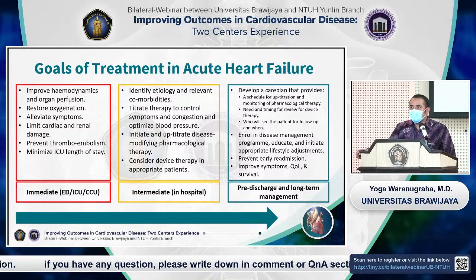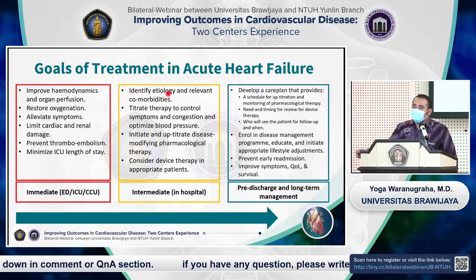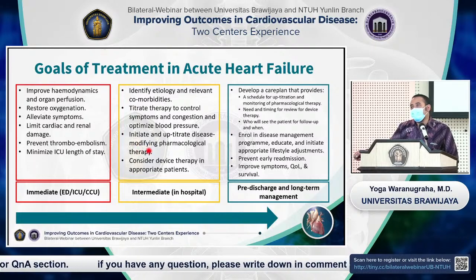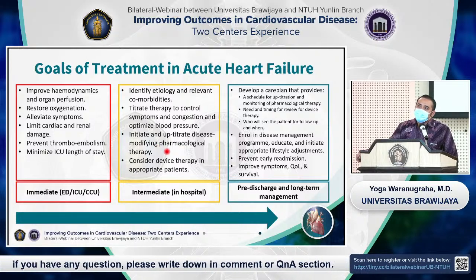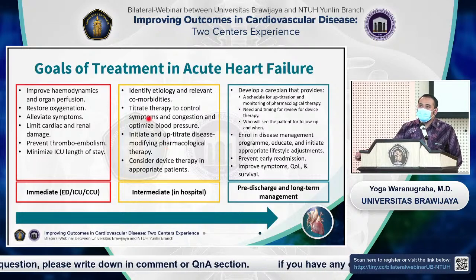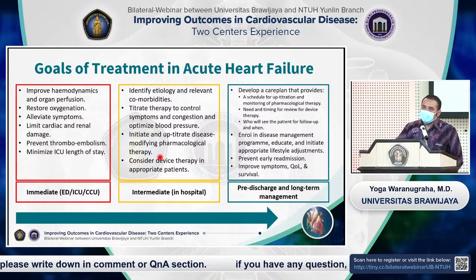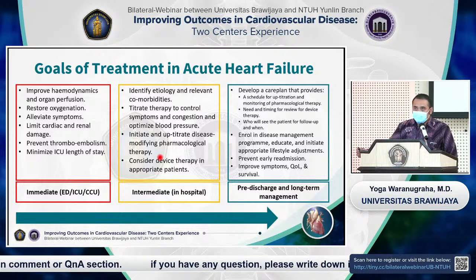And then in the next phase, the intermediate phase, in the hospital treatment, we have to find out the specific etiology and also the relevant comorbidities. And then we have to titrate the medication, especially the disease-modifying pharmacological therapy, to the optimal dose. And then for selected patients, we can consider device therapy such as ICD, CRT or LVAD according to the patient's condition. And then after the patient